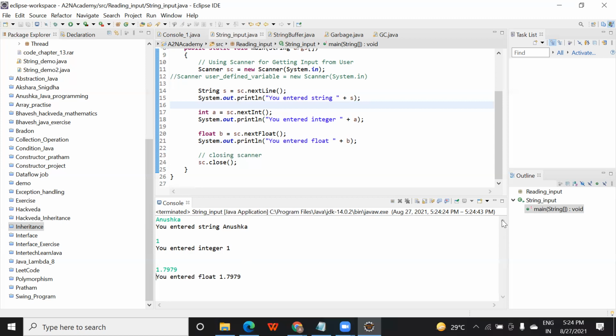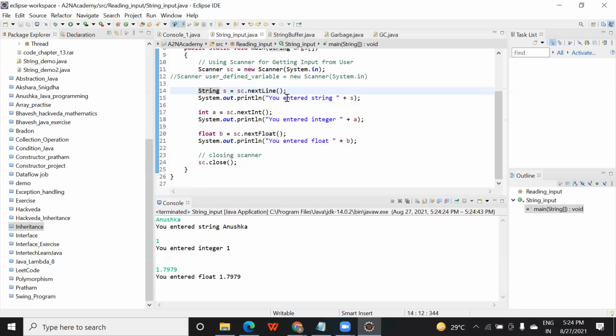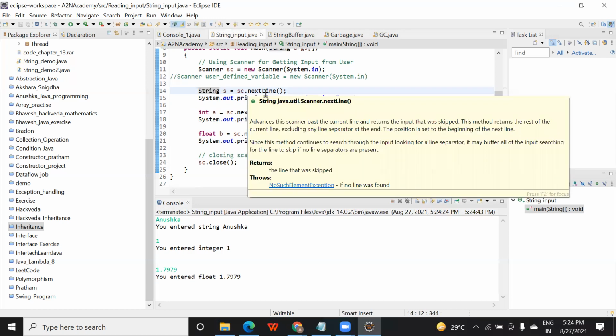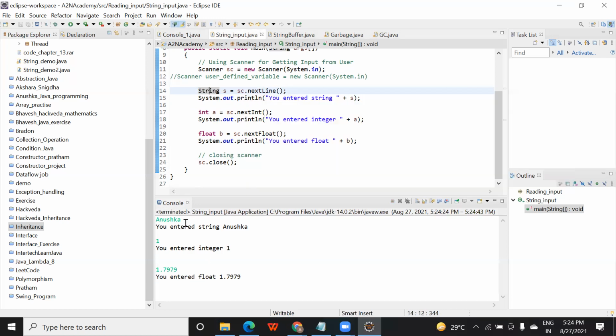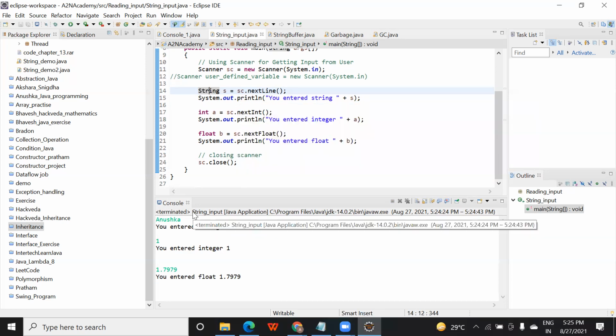Yeah, so this program I think I have already discussed, but I'm just showing you this one. Like here with this sc.nextLine, there are two ways of reading that, read line and next line. In read line also you can use it, but next line is used only to read a word or character, a group of characters or a few tokens. Few tokens means a few words, but if you want to read a complete line, you should go for read line.